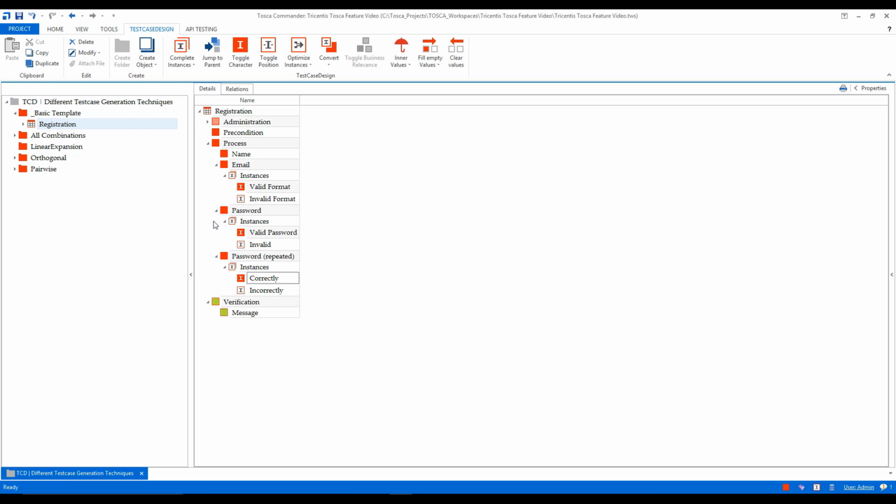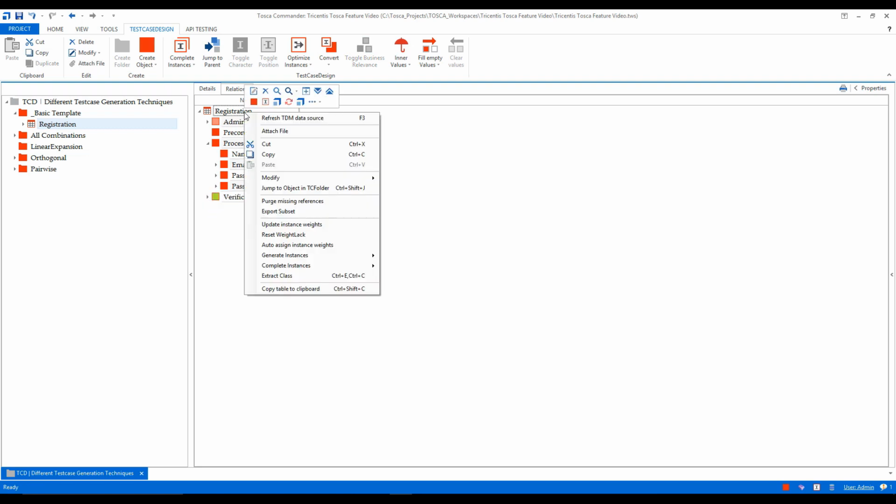So yes, this is done at the process level. This name we have not defined here. We'll define it once the test cases are generated and work it out there. Now let's try to create